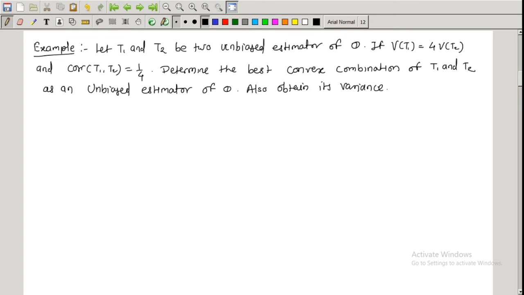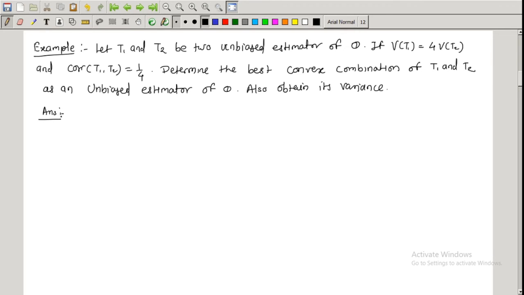Example on linear unbiased estimator: let T1 and T2 be two unbiased estimators of theta. If variance of T1 is equal to 4 times variance of T2 and the correlation coefficient between T1 and T2 is 1 by 4, determine the best convex combination of T1 and T2 as an unbiased estimator of theta. Also obtain its variance. So we know if T1 and T2 are the unbiased estimators of theta, the convex combination is,